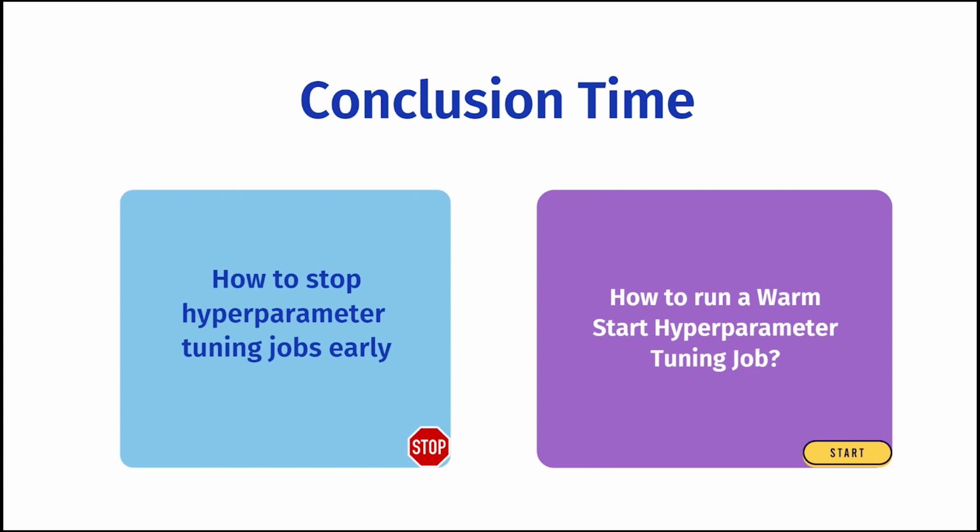Now let's consider one more scenario. Let's say that you want to gradually increase the number of training jobs over several tuning jobs based on the results you see after each iteration. You get new data and you want to tune a model using the new data. You want to change the ranges of hyperparameters that you used in the previous tuning jobs, change the static hyperparameters to tunable, or change tunable hyperparameters to static values. Like, sky's the limit. Or you just accidentally stopped a job early, as we have seen in the last section.